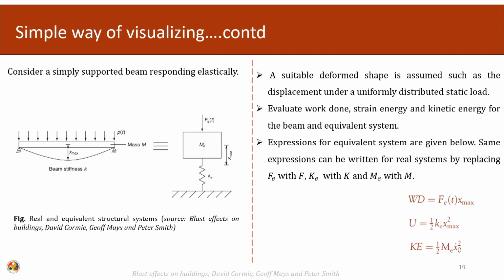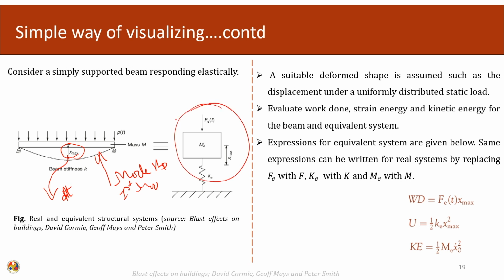So, again same thing, considering a simply supported beam that is having an elastic response, we are taking this mode shape, which corresponds to the first mode. We are choosing the degree of freedom at center, because this normally gives a maximum response when applied to a uniform load. We are changing this thing into the equivalent mass, equivalent stiffness.